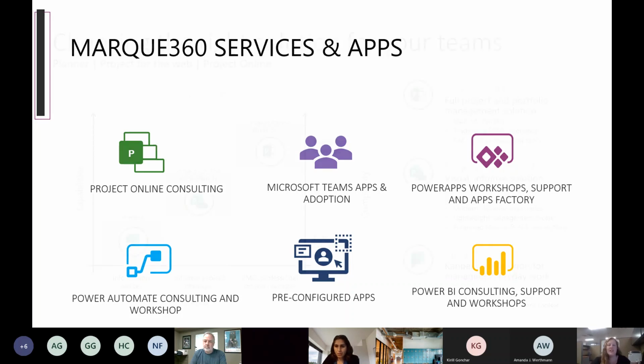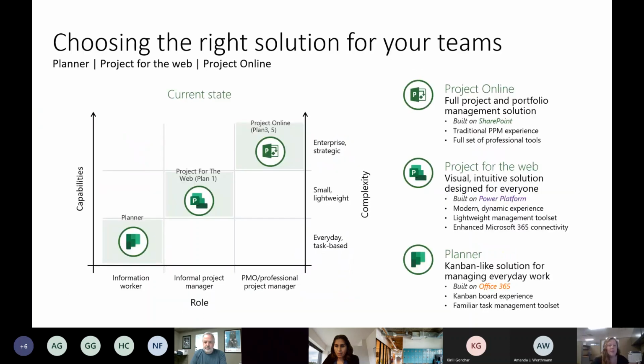So what we're here to talk about today, for the Microsoft platform, you have the power of choice. Microsoft has 3 levels of project management solutions that you can choose from. If you want to do light everyday tasks, you would use Planner. To extend that a little further, Microsoft came out with Project for the Web, and that's their newest